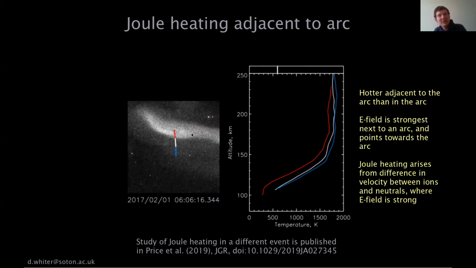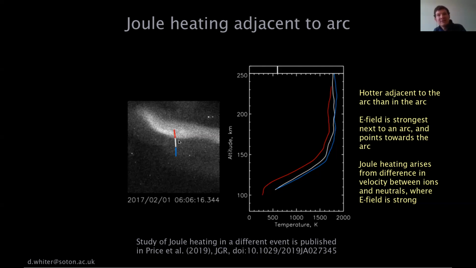So at this time, the red part of the slit was within the aurora, the white and the blue were adjacent to the aurora. And if we look at the temperature profiles we get at that time, the white and the blue are much hotter than the red. So these parts are adjacent to the bright aurora, and that's where there should be a strong electric field. So in an auroral arc, you get an electric field on either side of the arc, which points towards it. So we think there's a stronger electric field here adjacent to the bright aurora, and that's driving those ions in a different direction to the neutrals, and that's what's producing frictional heating and Joule heating and increasing the neutral temperature